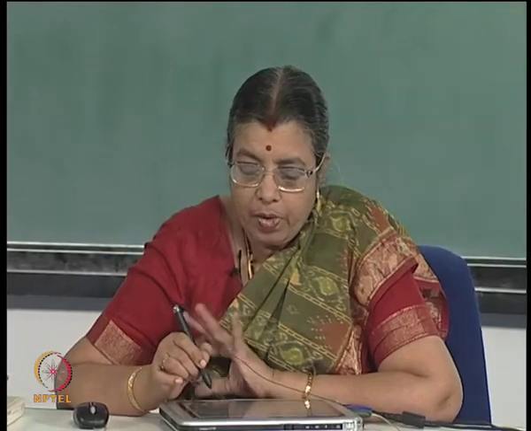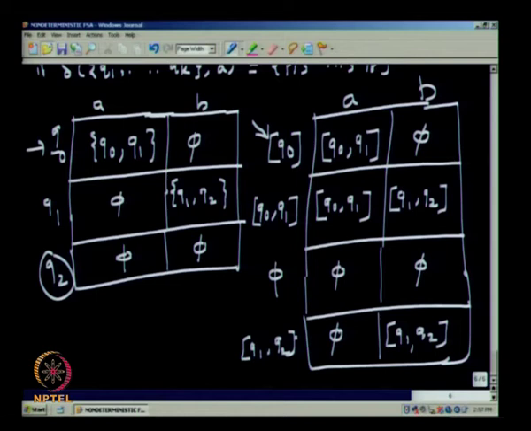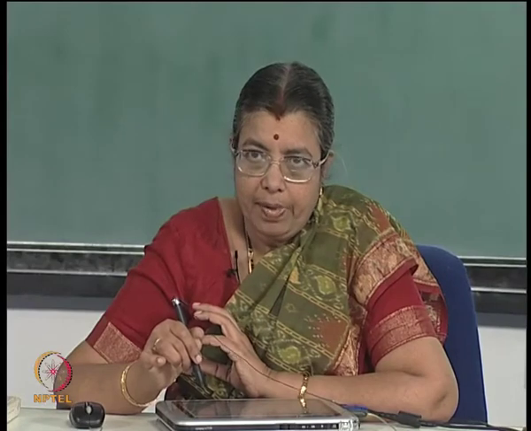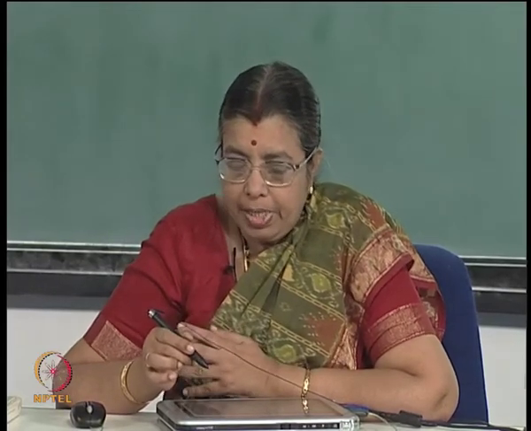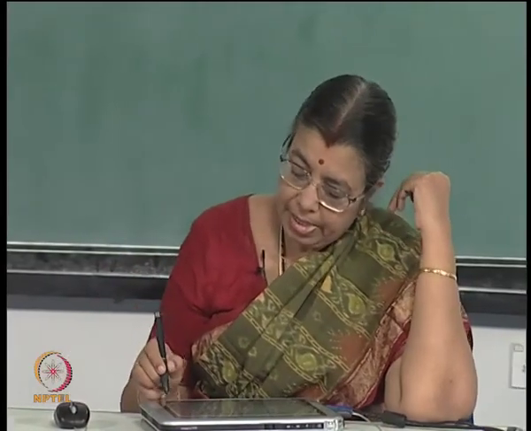Even though 2 power 3, 8 states are possible, you can have an empty state, one corresponding to Q0, one corresponding to Q1, one corresponding to Q2, then Q0 Q1, Q1 Q2, Q2 Q0, you can have Q0 Q1 Q2 also, but they will not be useful and at this stage the table is complete. So, you need not proceed further. Even though 2 power k states, that is in this example 2 power 3, 8 states are possible, only 4 will be useful. So, if you draw the diagram for this,